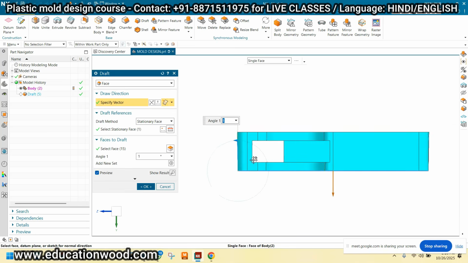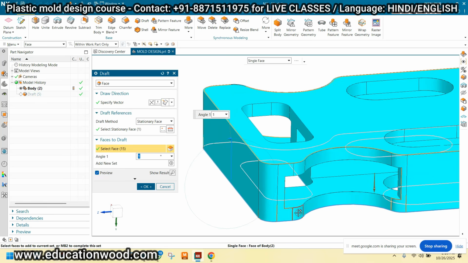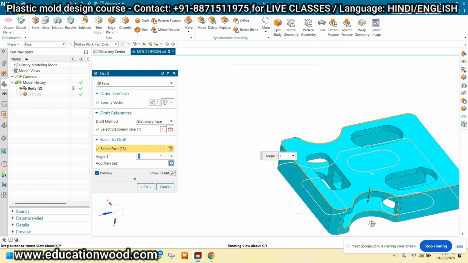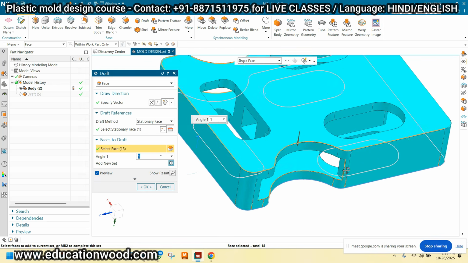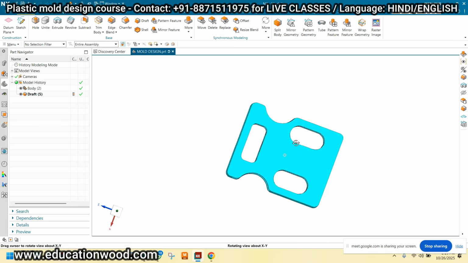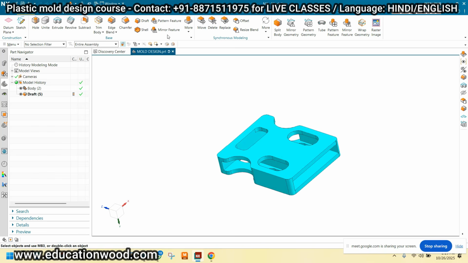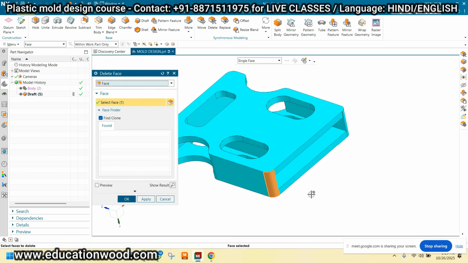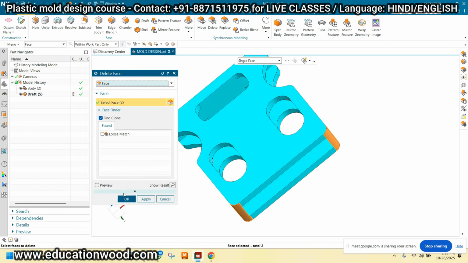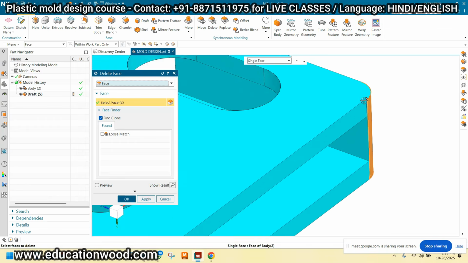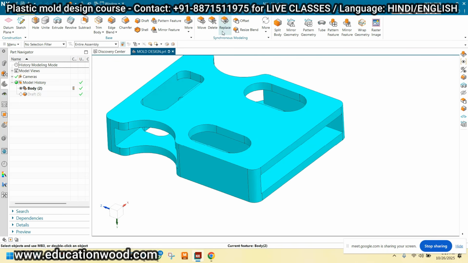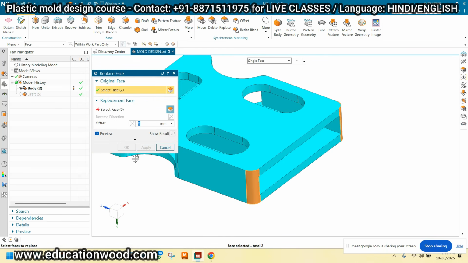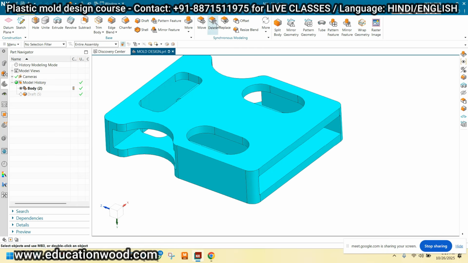Let me check again. I have not selected these faces. Wait, see, okay, and just click OK. See, okay, and now I'm just deleting this face because I have to prepare a slider here. Can we delete this? Right now we can. Let me check if we can delete this. So I'm just deleting this face. There is no requirement for this face right now. Let me check again.